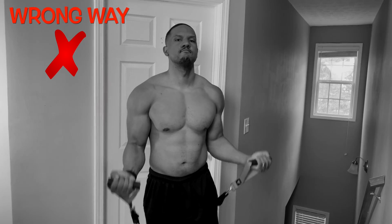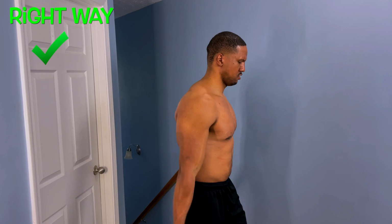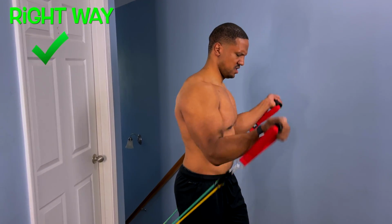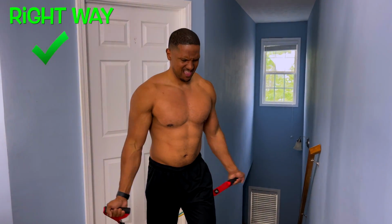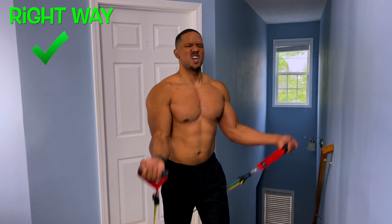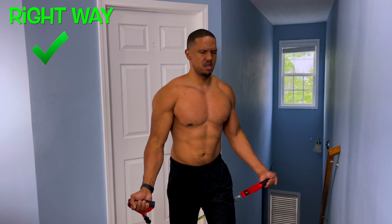get those big guns. What you want to do is move the arms away from the body. You want to keep that wrist bent backwards and away from the body. That is the best way to focus on the biceps. So make sure that you have movement. That elbow should be going from that point of the side to going away from the side. That's the best way that you can really get a great contraction and feel it in those biceps to get